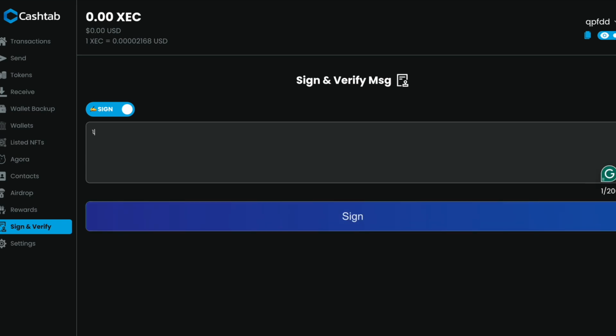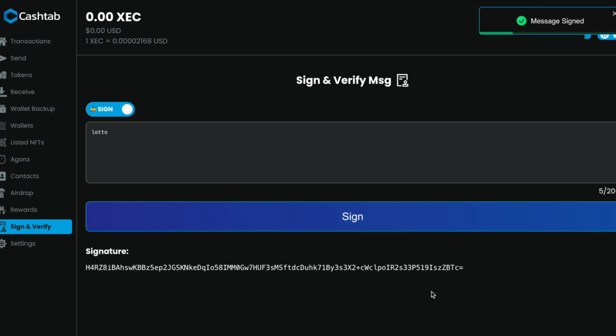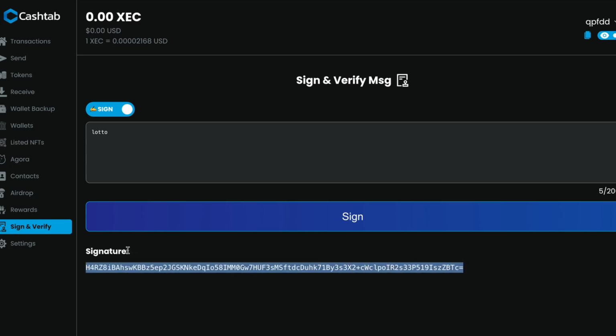So, for our example, let's say it's Lotto, and then you decide here, actually, let me paste the address up here because I need it later. They say, oh, can you sign a message for Lotto? So you do this and then you provide them with the signature. So I'm going to copy,